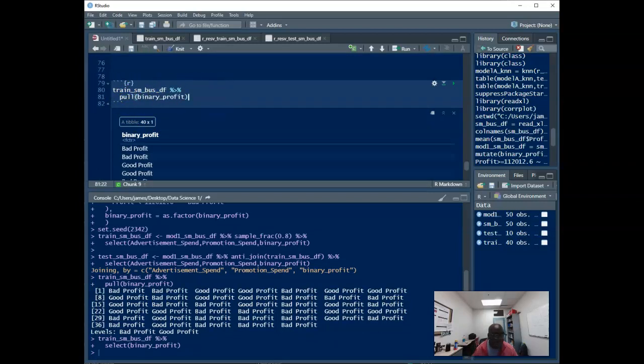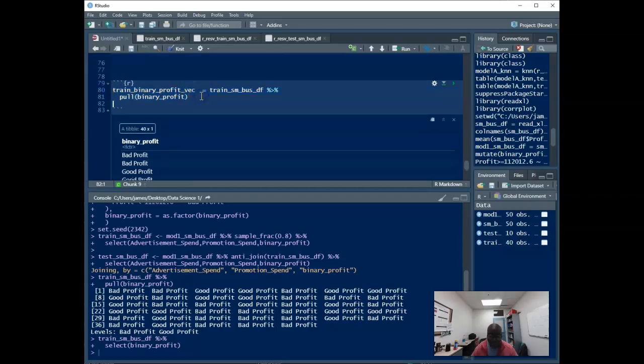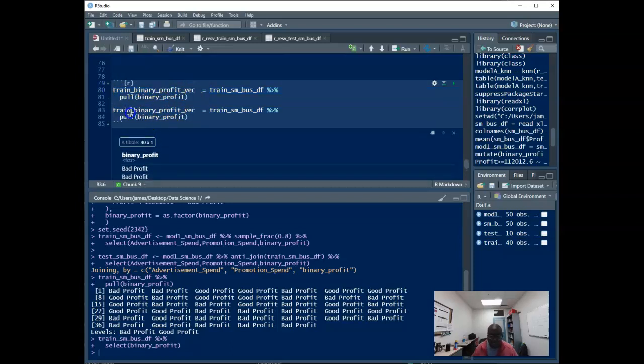And I'm going to save this as the train binary vec. Okay, just like this. That's what I'm going to save it as. Then I'm going to copy and paste. I'm going to do the same thing for the test data set. So call this test. Call this test. And then